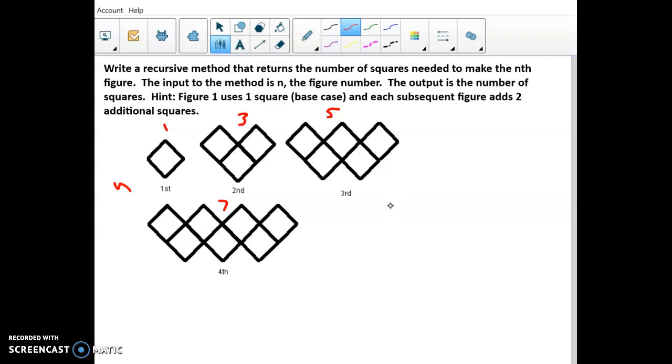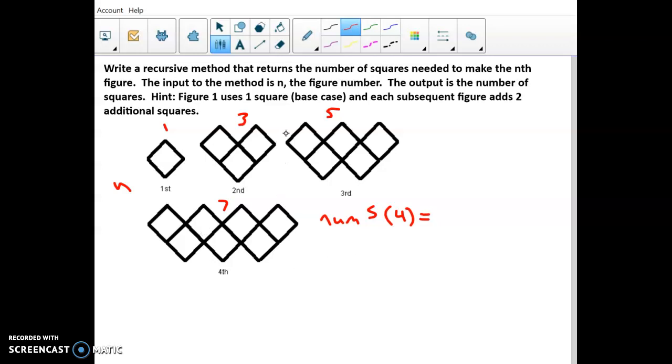Okay, so I guess I'm going to call this thing num squares, but I'm going to abbreviate it because I have a hard time writing on this thing. So I'm going to call it num squares, right? And so if I'm doing num squares, let's take the last figure, the fourth figure, right? This bottom one down here. So the key to this is to realize that this is really equal to